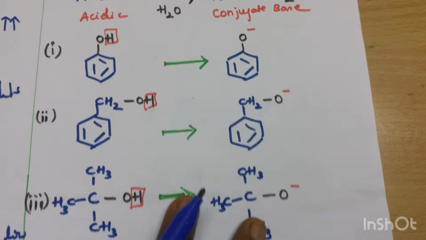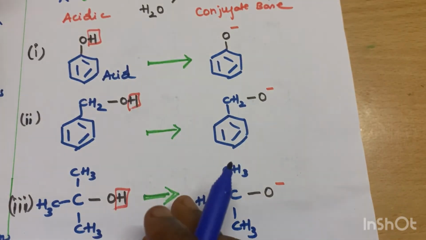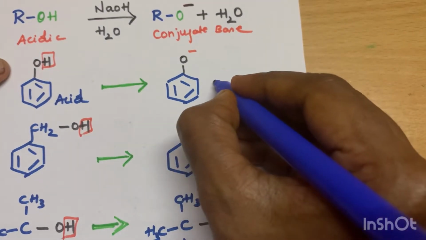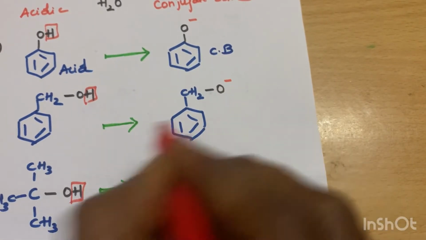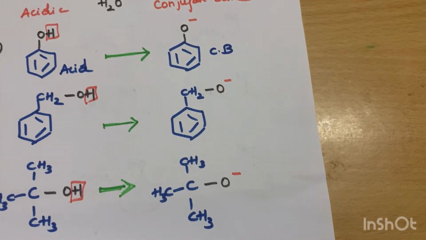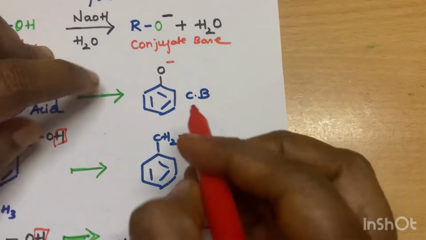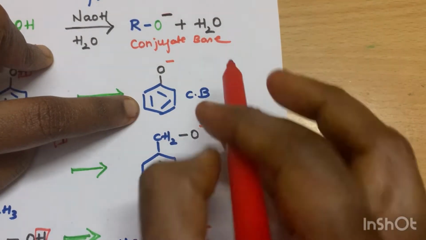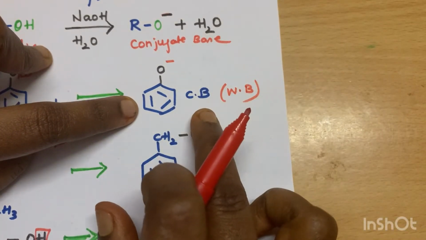So I have written, this is the acid form. Since it donates a proton, all that donate protons are acids according to Bronsted theory. So here this is the acid, and this is the conjugate base. Now you know how to compare the basicity. I have already told you to look at the charge density. There is a charge density, but here it will be involved in resonance. So, students, this will be a weak base, right? This will be a weak base.